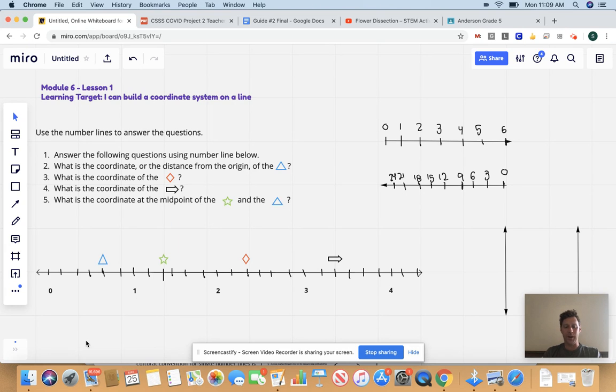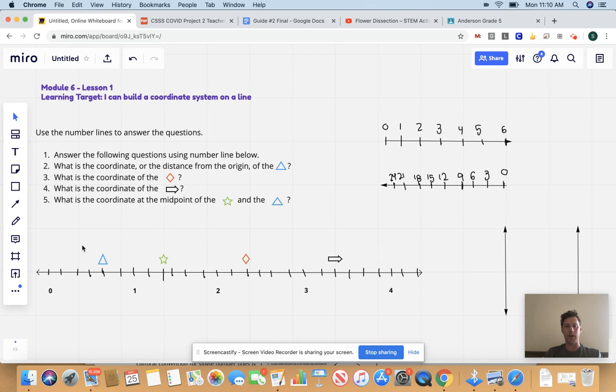If you are a fan of treasure maps and the game Battleship, you're going to like this unit a lot. And in fact, it's what you start off 6th grade with. You're learning how to graph and you're staying in something called a coordinate plane. Today, we are going to take a little bit of time to show you what that first quadrant in the